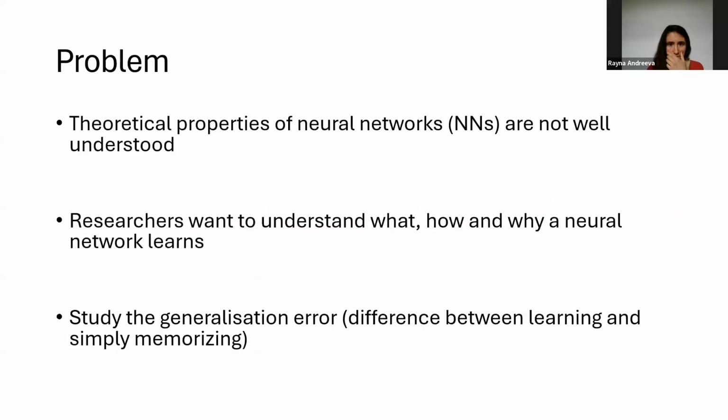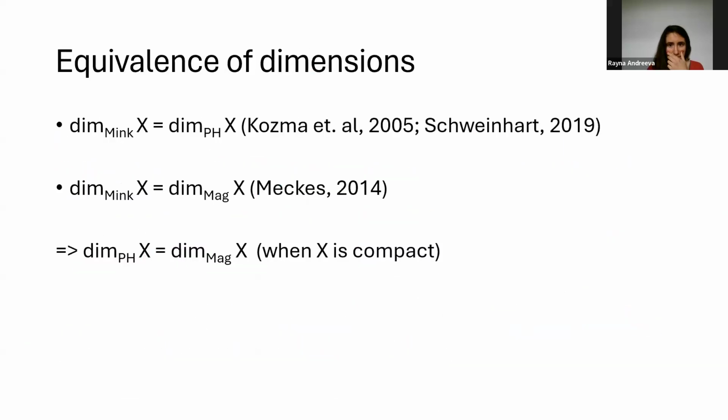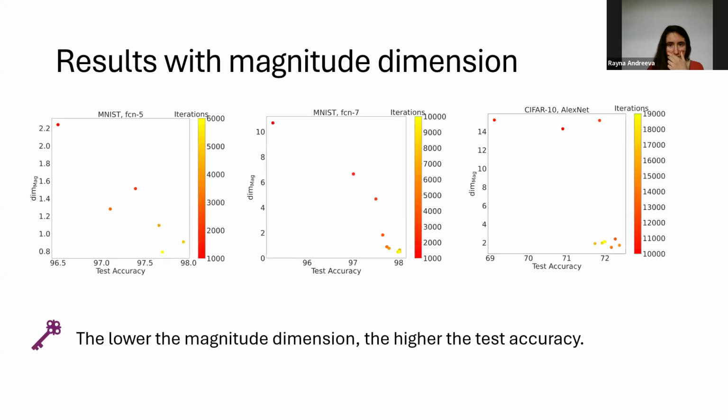So here, what do we have? One of the points is the way these experiments are done: in the training trajectories, we first reach convergence to 100%, and then we run more, I didn't say that, sorry. We run like 5,000 more iterations of the algorithm, and we compute the magnitude dimension of that.